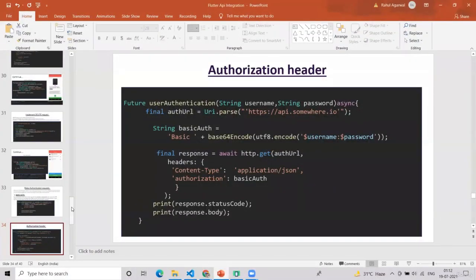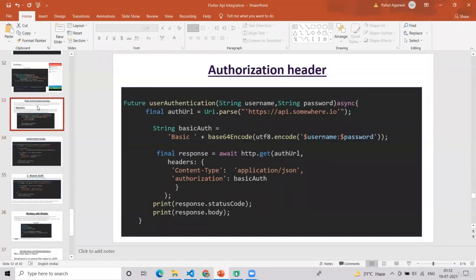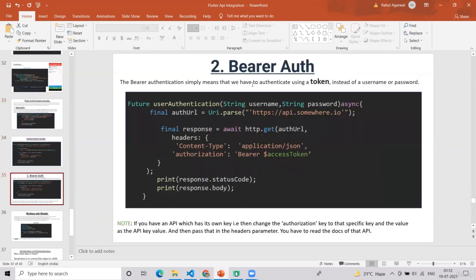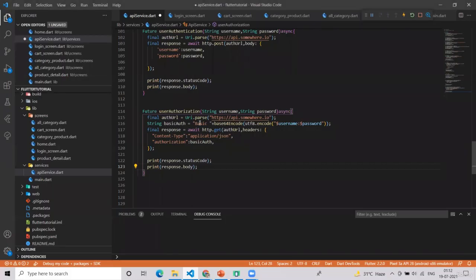Now, the first was the basic auth. The second one is the bearer auth. Bearer authentication simply means that we have to authenticate using a token instead of a username and password. So now if you have a token and that API specifies that you have to use this prefix bearer, this is how it's done.